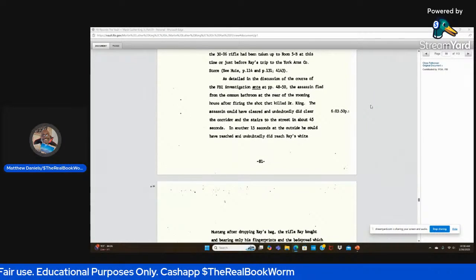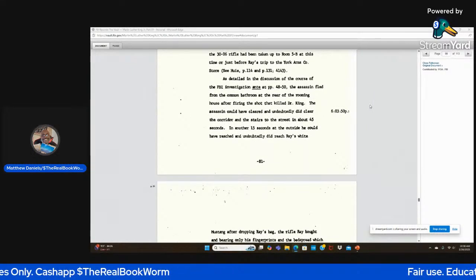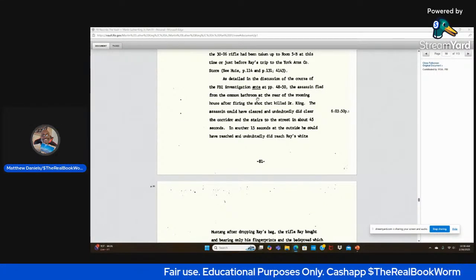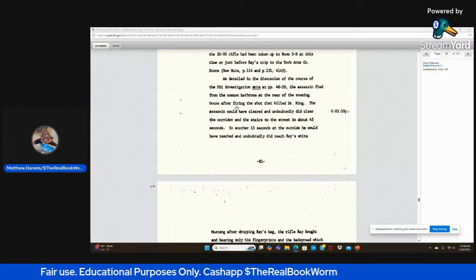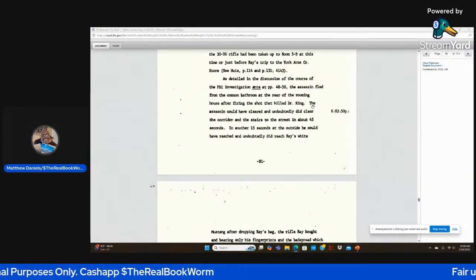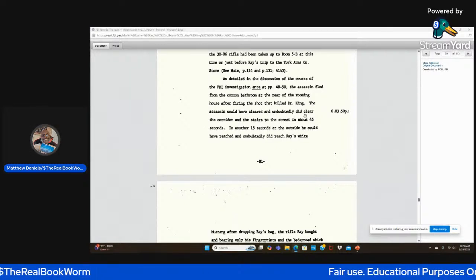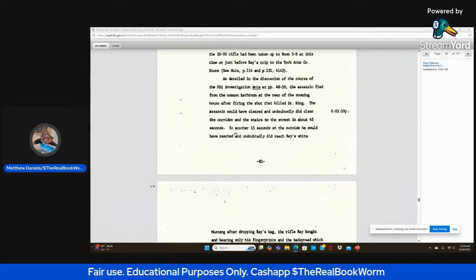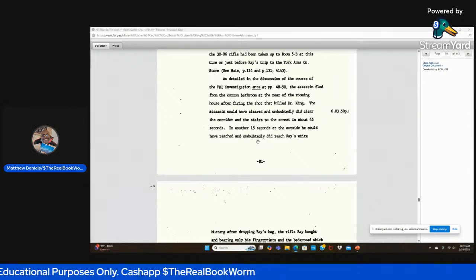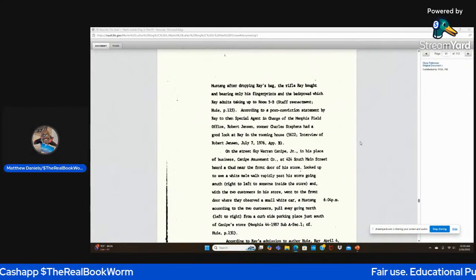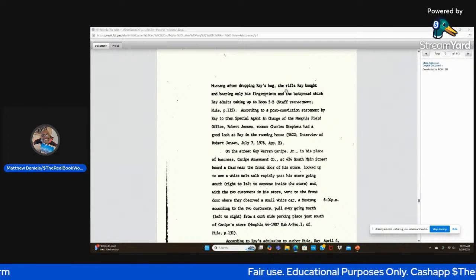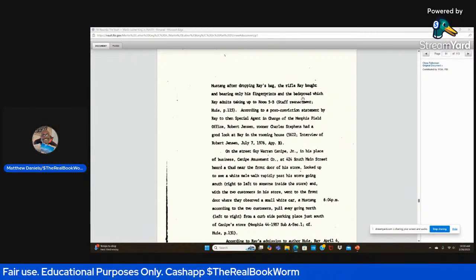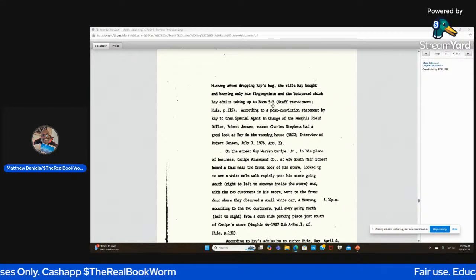Let's accept it. As detailed in the discussion of the course of the FBI investigation ante at page 48 to 50, the assassin fled from the common bathroom at the rear of the rooming house after firing the shot that killed Dr. King. The assassin could have cleared and undoubtedly did clear the corridor and the stairs to the street in about 45 seconds. In another 15 seconds at the outside, he could have reached and undoubtedly did reach Ray's white Mustang after dropping Ray's bag. The rifle Ray bought and bearing only his fingerprints and the bedspread, which Ray admits taking up to room 5B,